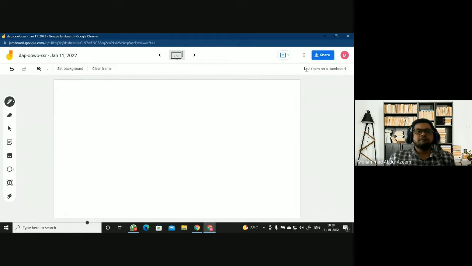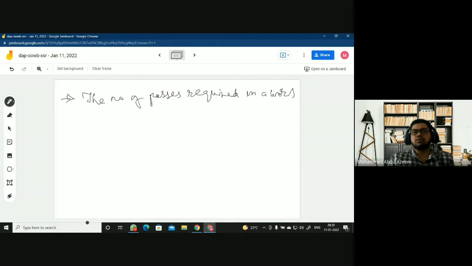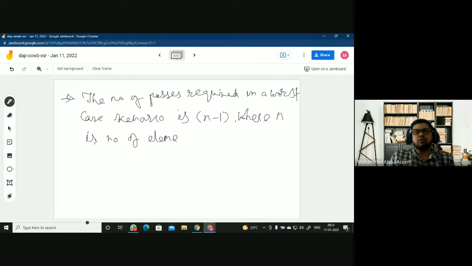So here, the number of passes required in a worst case scenario is n minus 1, where n is the number of elements.